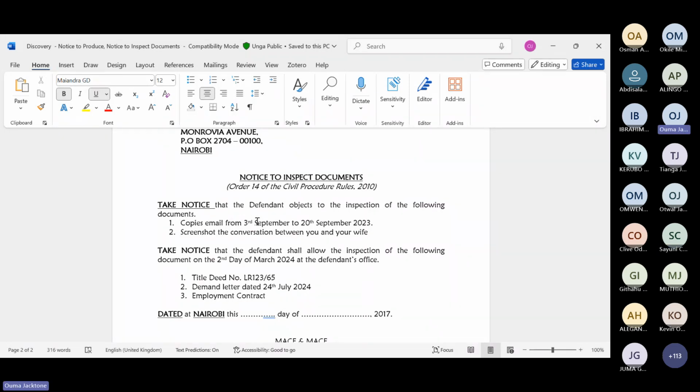Maybe it is your wife now suing you, or your side chick suing you in a divorce proceeding. So you have to remove the screenshots. Before we divide the property, we need to see what you've been saying out there. You've been talking to people. Now produce the screenshot.